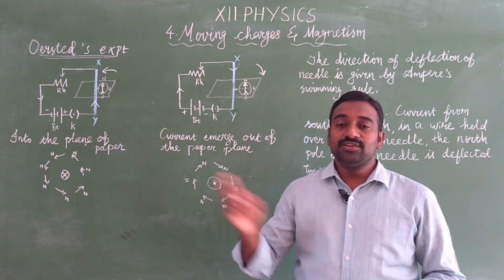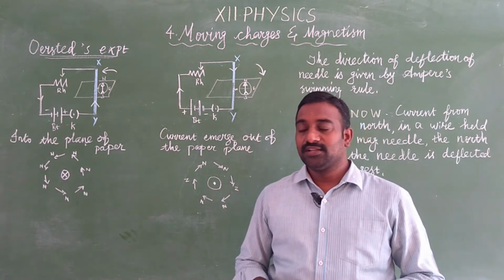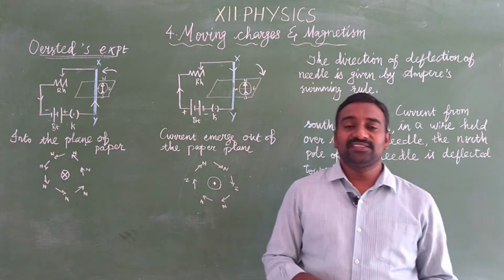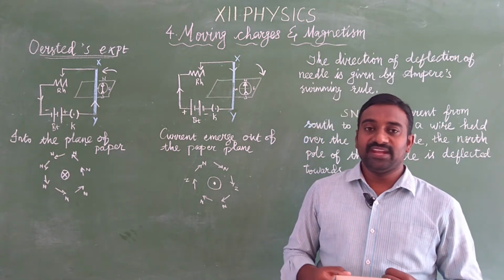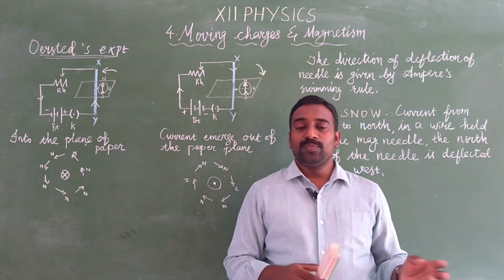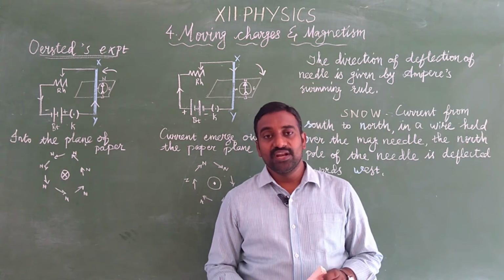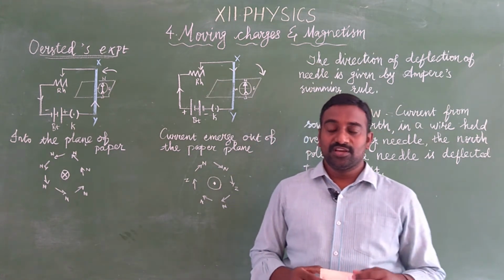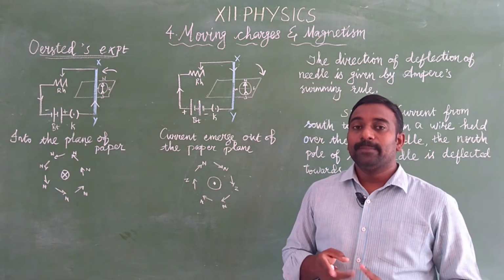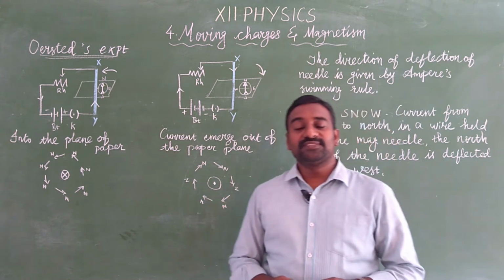The basics you have already studied in your 10th standard. What is the magnetic effect of electric current? Because of a current, the effects are the heating effect and the magnetic effect. Suppose in a conductor we allow the current to pass through; the current carrying conductor produces a magnetic field around it, and also produces heat according to Joule's law of heating. So the two effects of electric current are the heating effect and the magnetic effect. Related to that magnetism, we are going to see from the first volume.